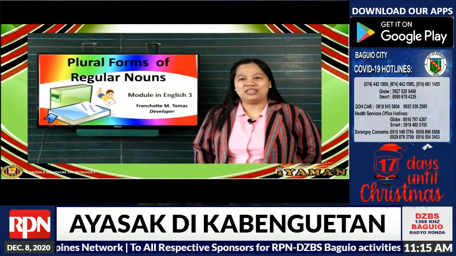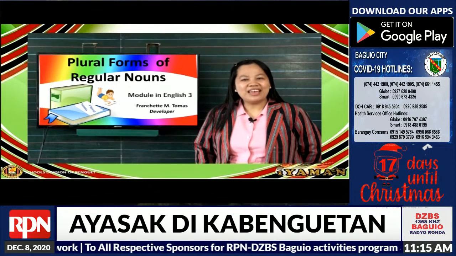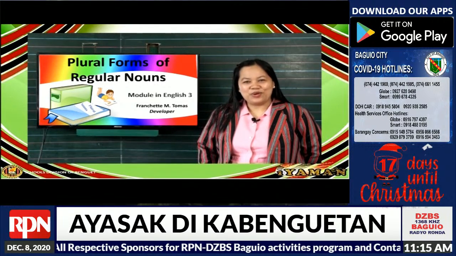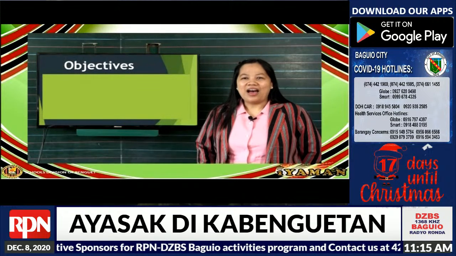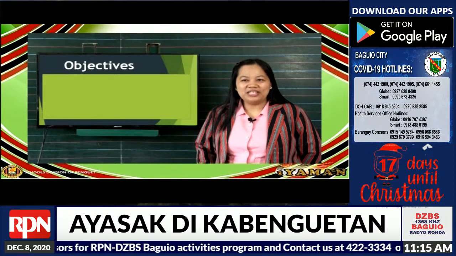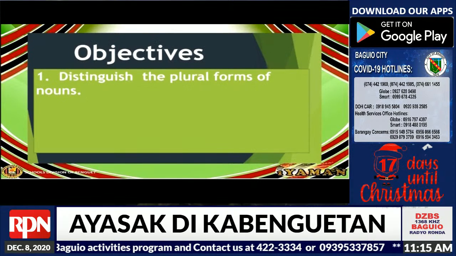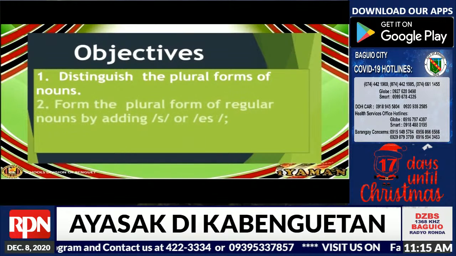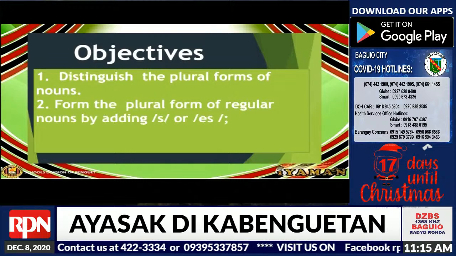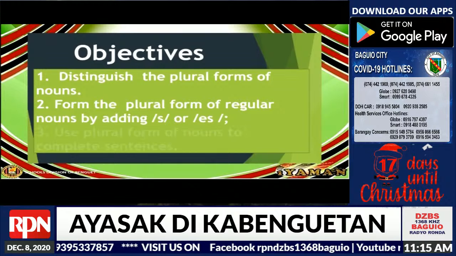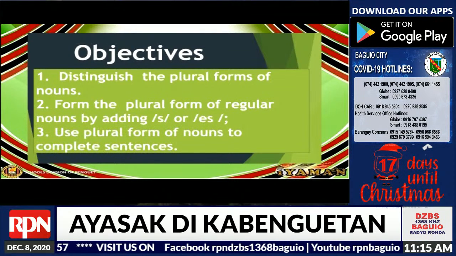Activities that we need to do. Do not write anything on this module. After studying this module, you are expected to be able to: 1. Distinguish the plural form of nouns. 2. Form the plural form of regular nouns by adding s or es. 3. Use plural form of nouns to complete